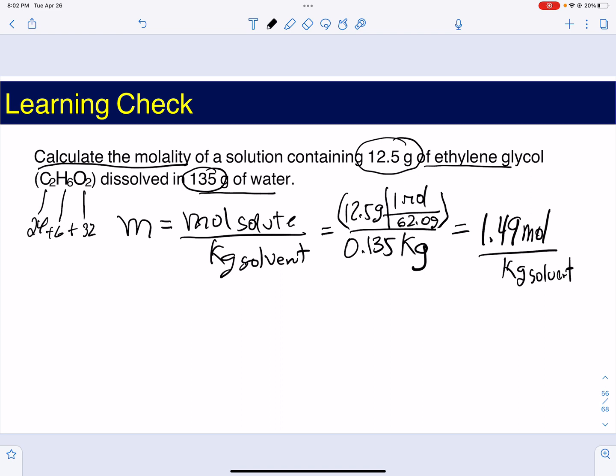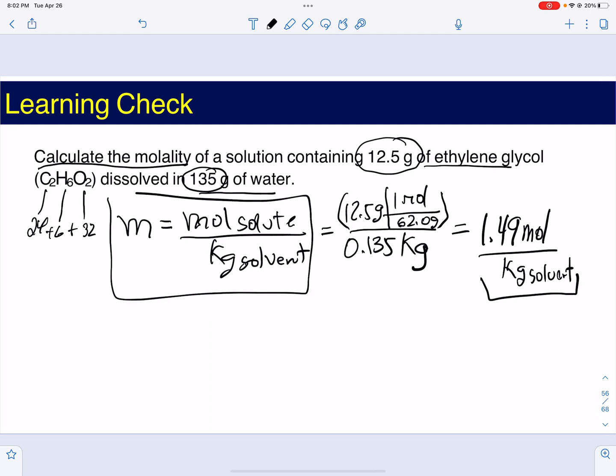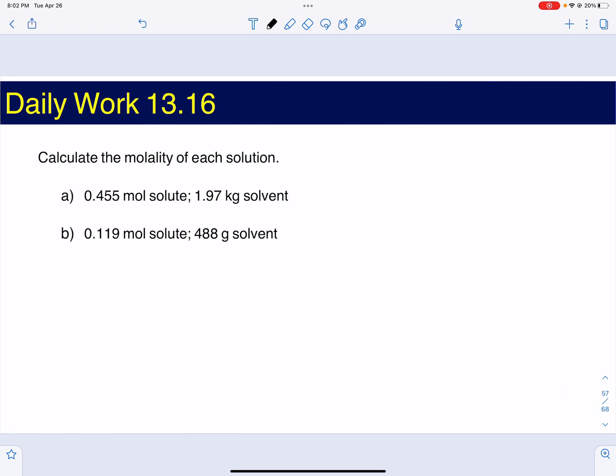So it's a different measurement from molarity, obviously, and it's going to be dependent on the solvent. So with that said, and the basic definition of molality, you should be able to do this problem. Remember, moles of the solute over kilograms of the solvent. And once you do that,